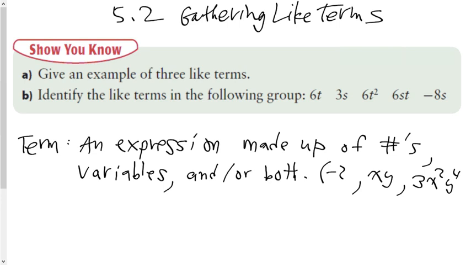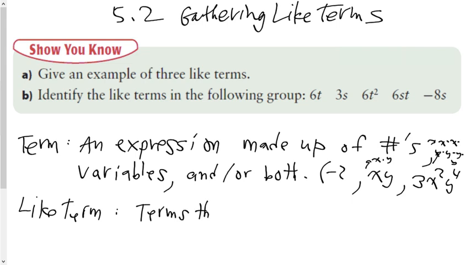This would be made up of a variable multiplied by a variable. This would be made up of a number multiplied by a variable multiplied by a variable multiplied by a variable, and so on. You get the idea. When we talk about gathering like terms, the definition of a like term is